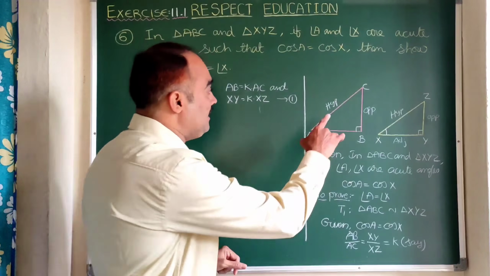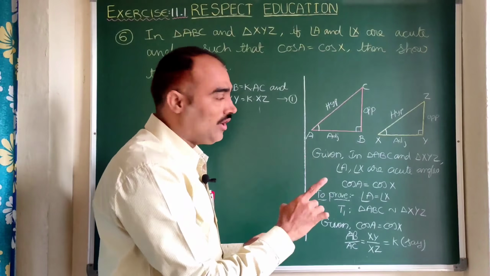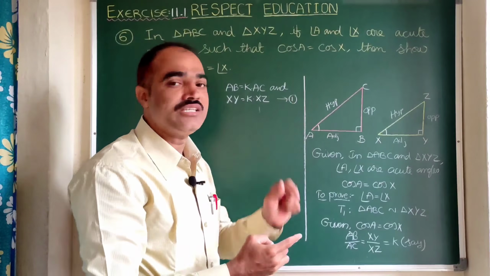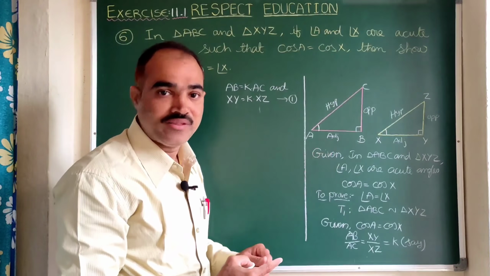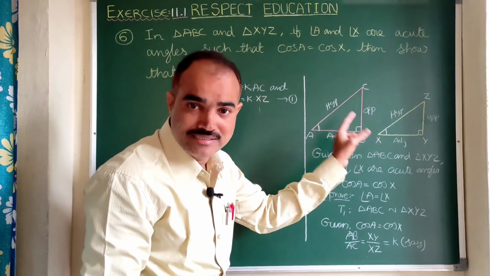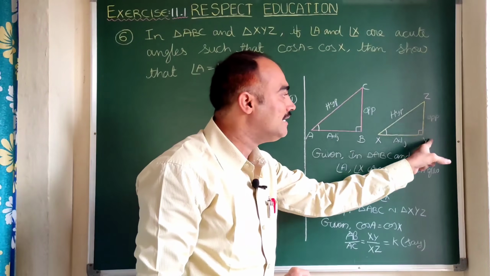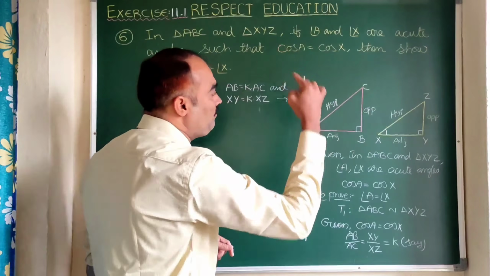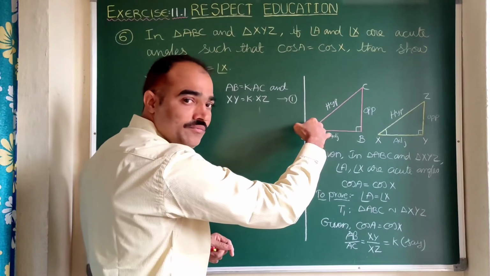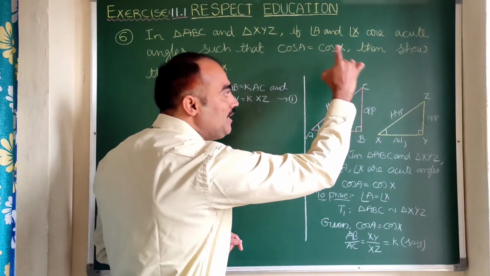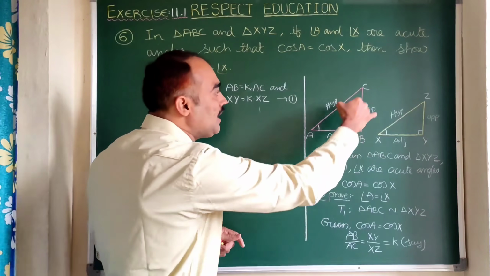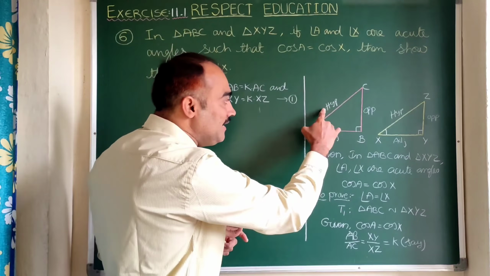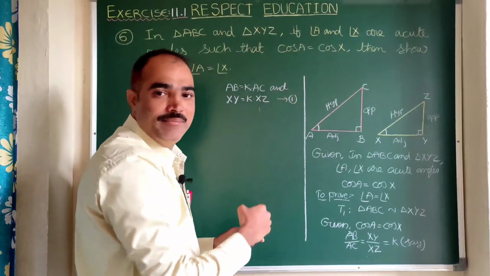Now here in this triangle, so far we have used only adjacent side and hypotenuse only. One side is not used up to now. What is the side? Opposite side. That is BC. And here in this also YZ is not used. Clear? So here by applying the Pythagoras theorem, AC square equal to AB square plus BC square. Then can you tell me what is BC square? BC square equal to AC square minus AB square.